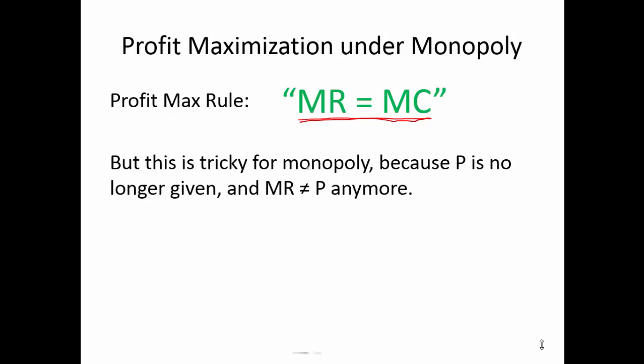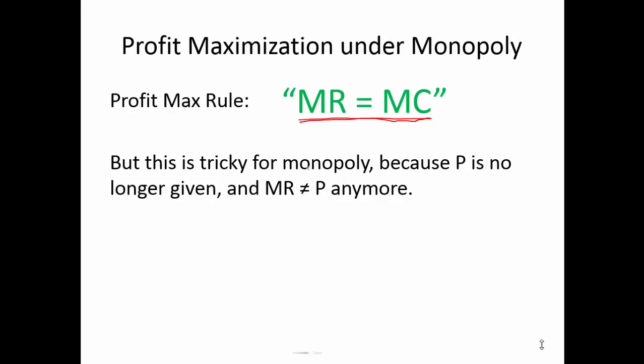Here's where it gets tricky. For the monopolist, price is no longer given. Remember when we talked about the idealized competitive model, that was the price taker model. The price is just given out there, it's set in a world market, and the marginal producer is so small that he just can sell as much as he wants at that price without affecting it. Well, the monopolist is the entire market, so the monopolist gets to choose the price.